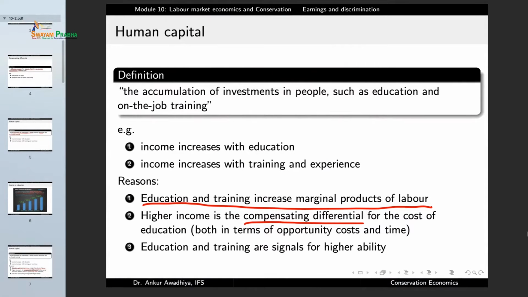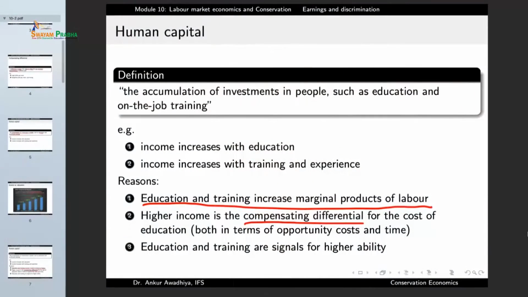So in this case, what we are saying is that because education is difficult, society needs to compensate for this differential. That is similar to the case of a person who works in a night shift or in a dangerous profession. They need to be paid more because there is a level of difficulty and danger involved. Similarly, a person who has put so much cost into education in terms of opportunity cost and time will also have to be compensated, because higher education typically is difficult.